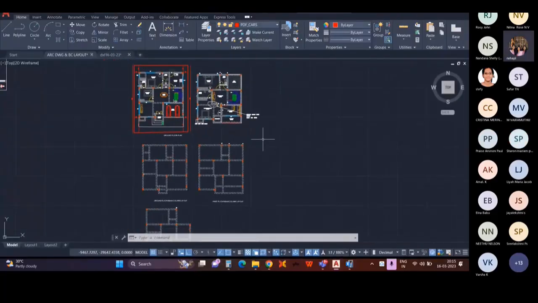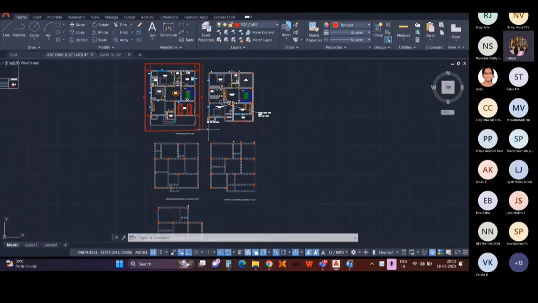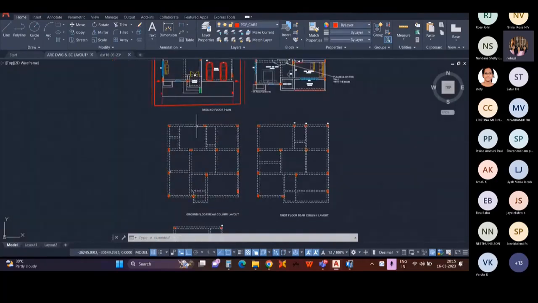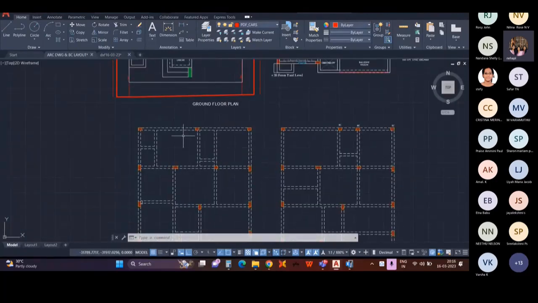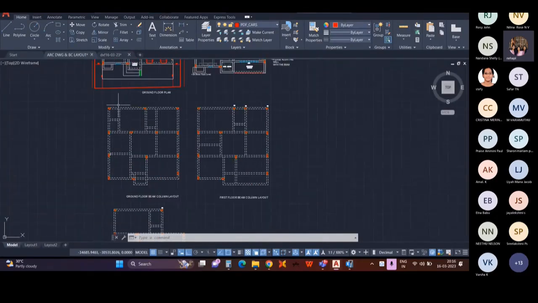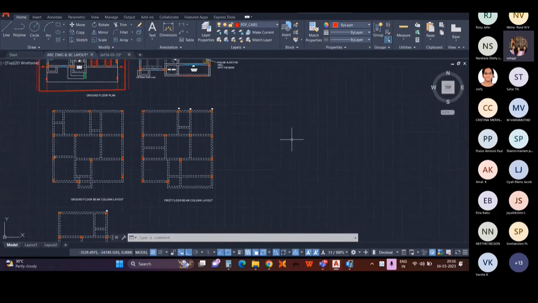First you need to draw the beam column layout in an architectural plan. After that, you need to draw the central line of that beam column layout. The central line will be drawn using the multi-line command. After drawing the central line, we need to extract it from the beam column layout. After that, we will do two corrections, that is overkill and purge. Purge is used to delete the unused layers and overkill is used to delete the overlap lines. After extracting both and doing this correction, we will copy that central line to another drawing